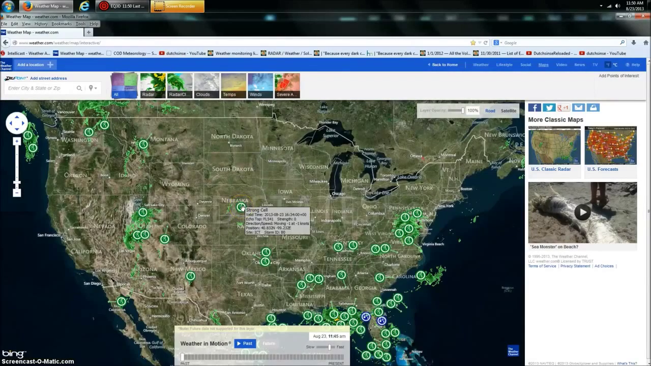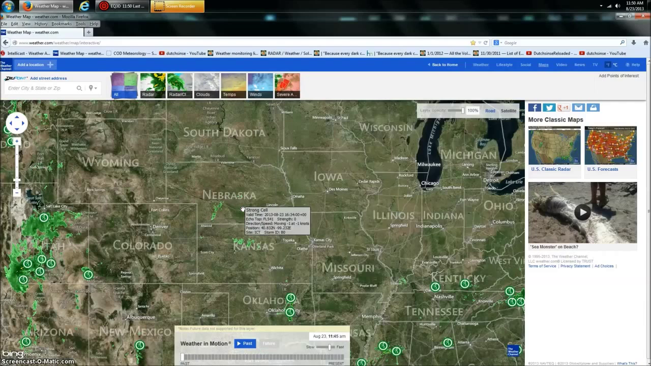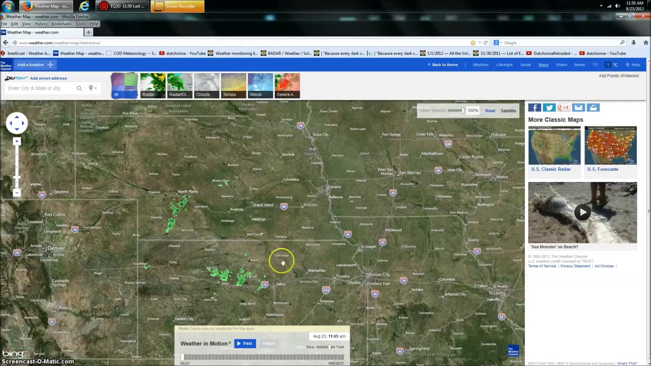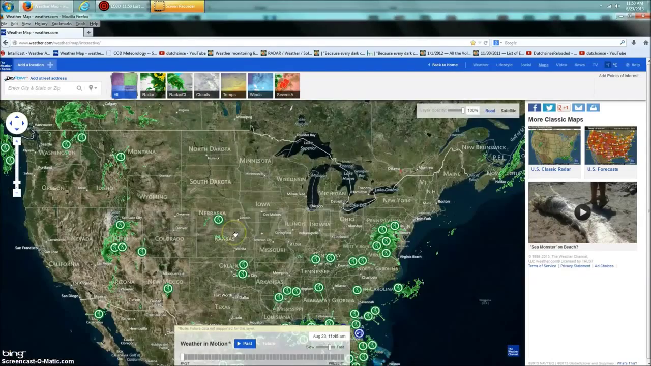You can see it here, a strong cell detected up in Nebraska, and we also saw a few strong cells detected here in Kansas on a clear day. Okay, now what's causing that? Why is there actually a storm detected in the middle of the day on a clear day in Nebraska and